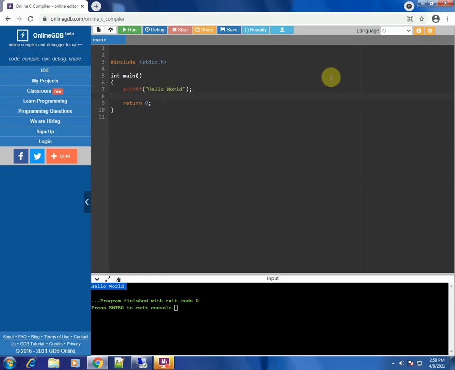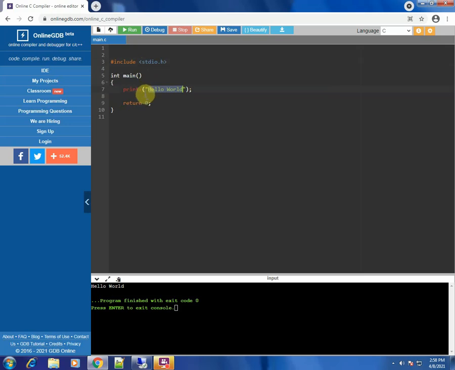Printf is also a function, and it is derived from the header file stdio.h. This printf function does the job of displaying an output on the console screen of the user. In this case it is hello world.